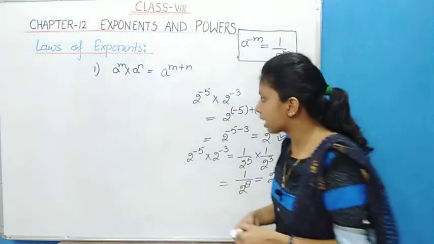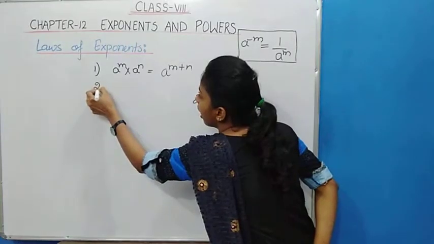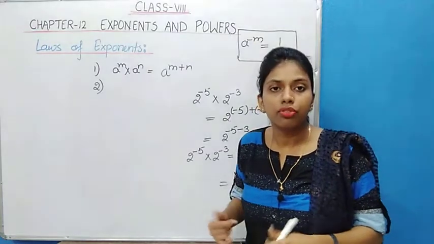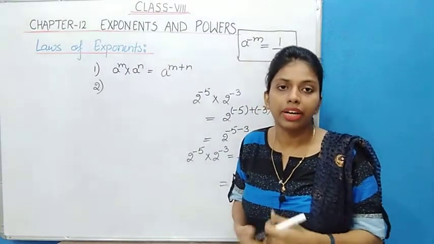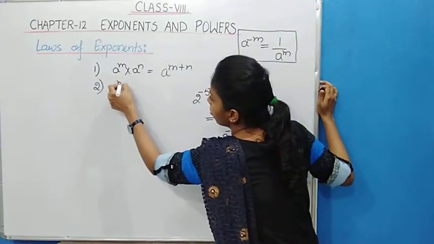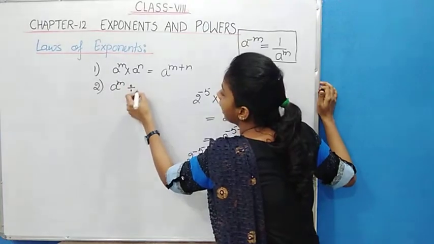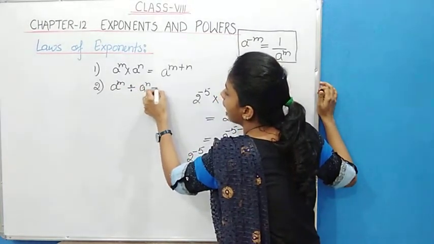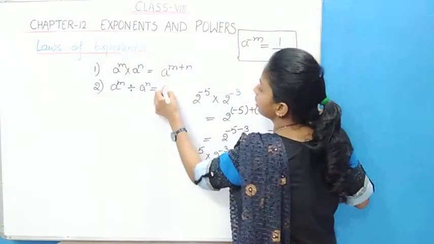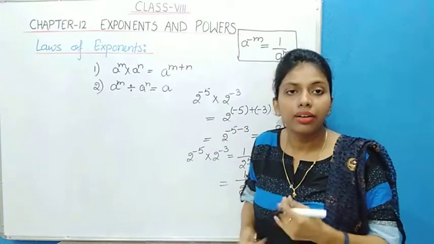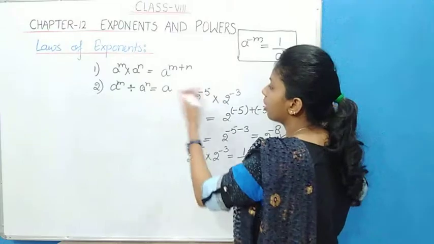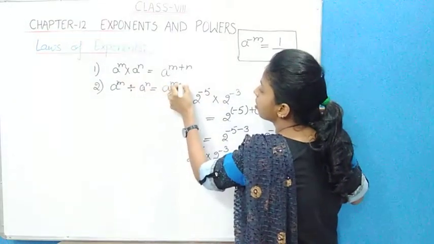Okay, now let's come to the second identity, for division, that is division of the same base with different exponents. So we can write it as a raised to power m divided by a raised to power n. After division we have the same base, but the exponents are going to be subtracted, the exponent of the denominator subtracted from the top one.